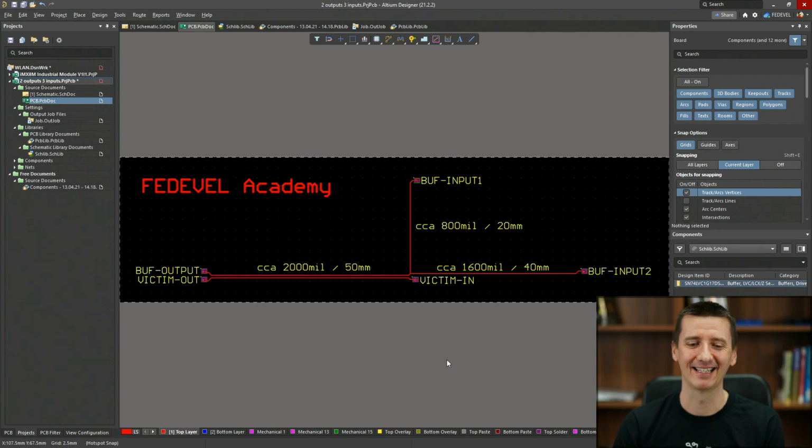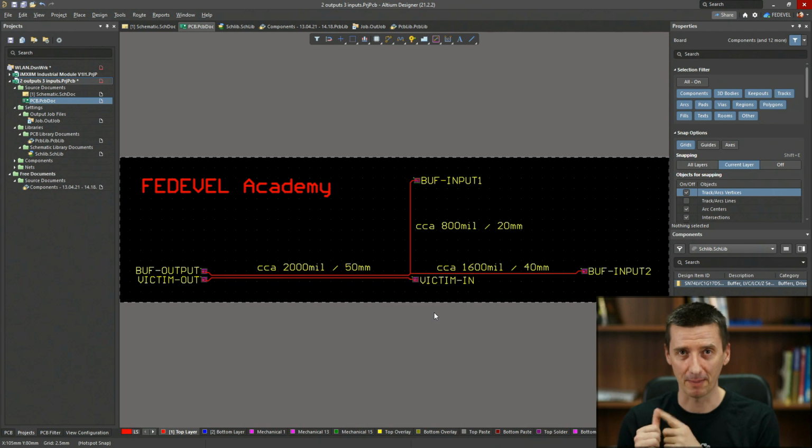No, I'm just kidding. It is a very simple PCB, but still you can get a very bad signal if the schematic is not done properly and if the layout is not done properly.